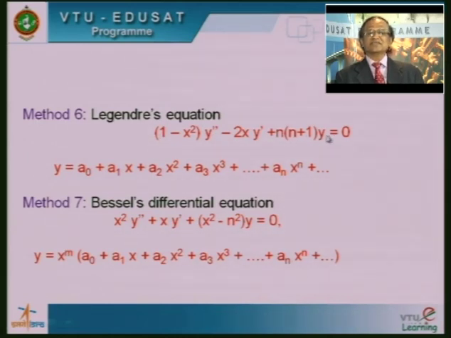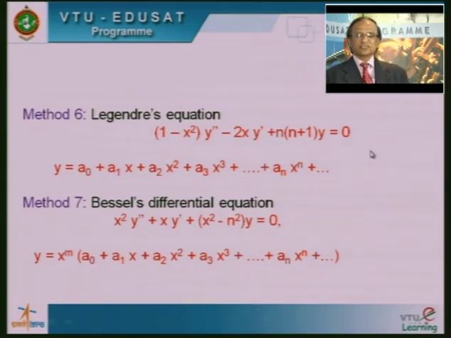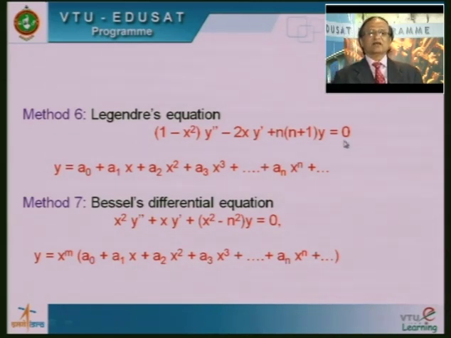The given equation may be in this form: 1 minus x square into y double prime minus 2 into x y single prime plus n into n plus 1 into y is equal to 0. This is the given differential equation. Now, I want to find the solution of this differential equation. In this case, I want to assume the solution is in this form: y is equal